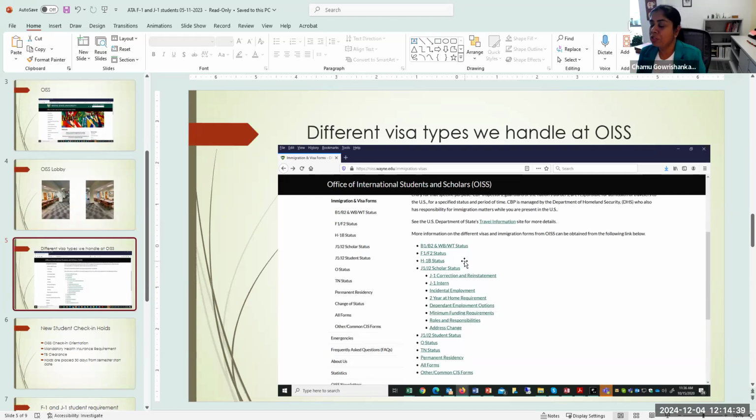You may have other students on visa status who are studying, like an H4, which is a dependent of an H1B. So there may be some dependent statuses, but we are not worried about their immigration status, or whether they are maintaining status, or whether they have to fill any forms. We are not required to monitor their registration. It's only the F1 and J1 student categories we are required to monitor, because we have to report that information back to Homeland Security.